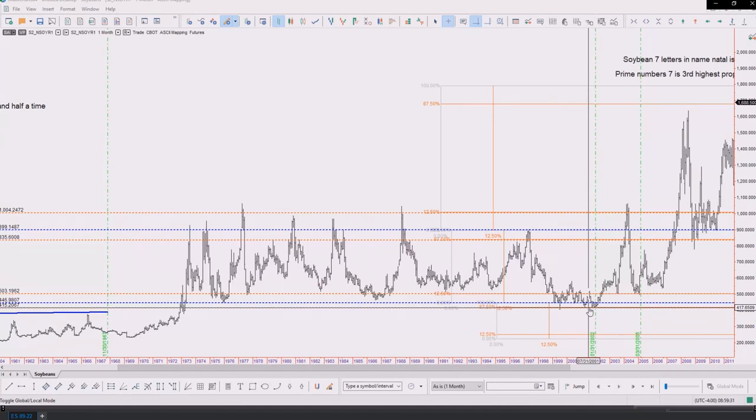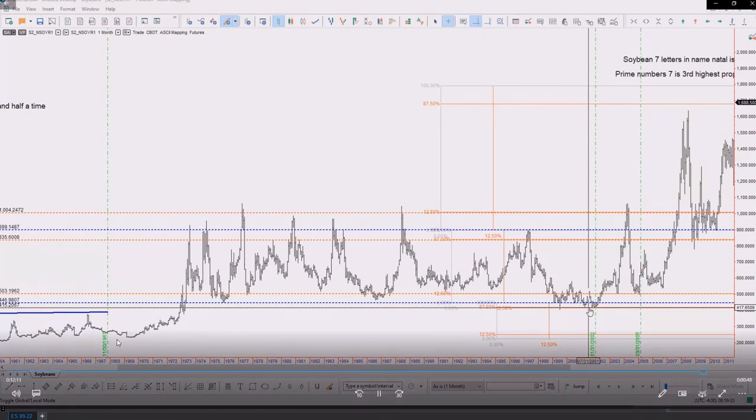If you have the correct octave, if you have the correct dominant octave like the 7 is on the soybean chart, this is going to tell you what's going to most likely happen when you get around these key levels. So those are the primary concepts of importance for reading these levels and identifying what's most likely to happen with the price action as you get at these points. So when using this sort of thinking in tandem with